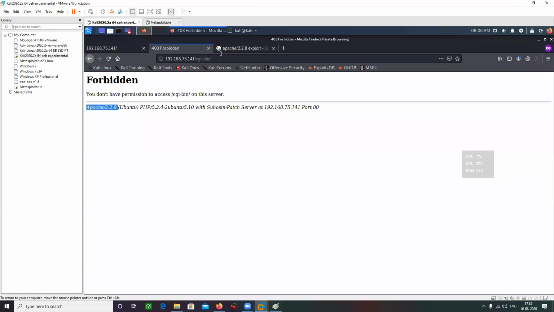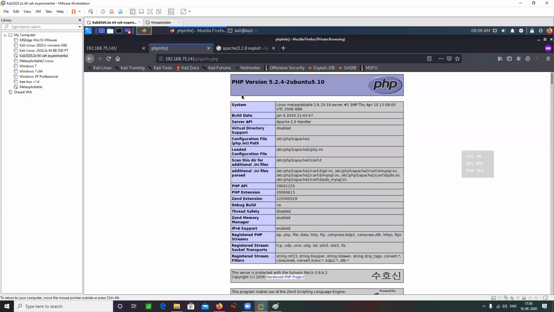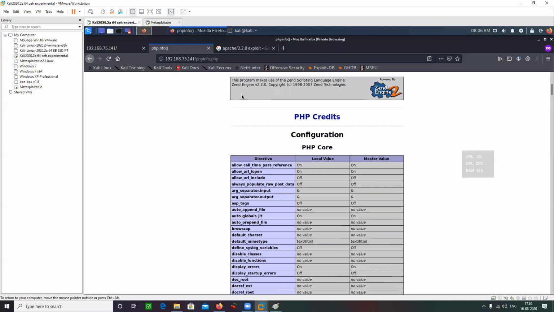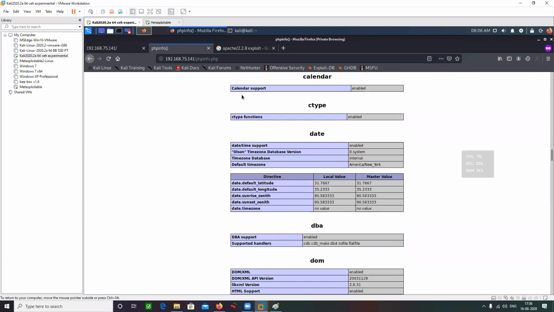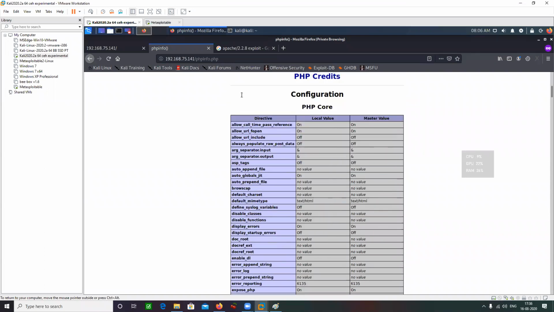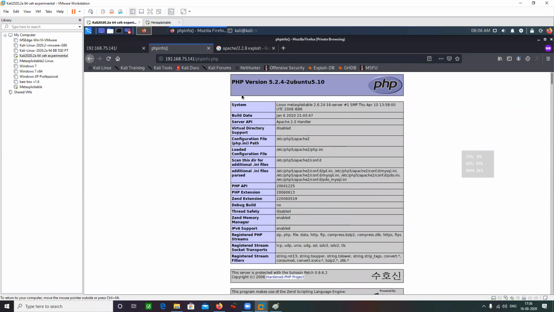Copy link address. So yeah, it is working, opening. What I can see from here is my PHP configuration file. All the PHP configurations are provided to me. PHP is running, it is installed on the target server, and it exists.